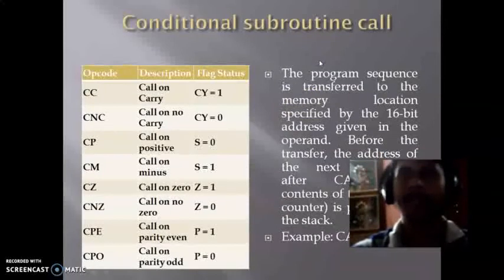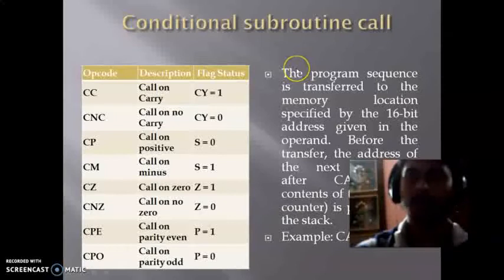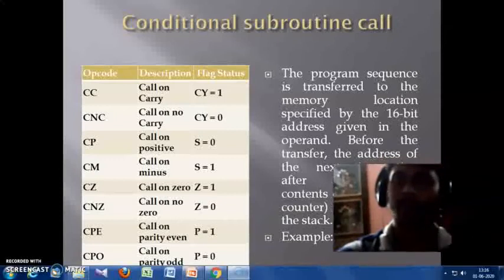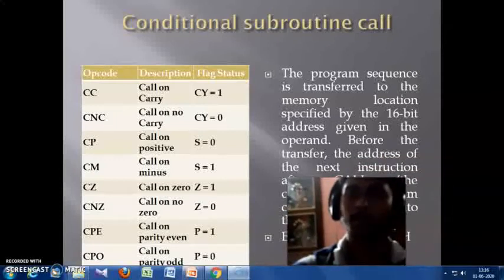Next is a conditional subroutine call. But in case of call instructions, we can basically call a particular subroutine. So by using a CALL instruction, we can call a particular subroutine where we don't need any conditions. A subroutine is nothing but a program that is written into a particular location. So basically every time we call these instructions, we can use a conditional call as well as an unconditional